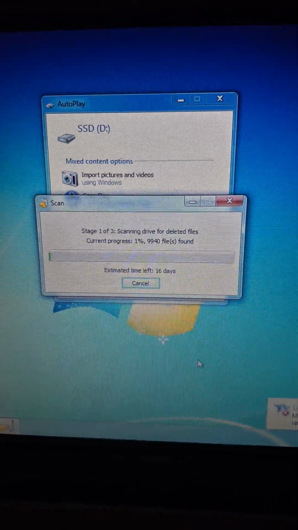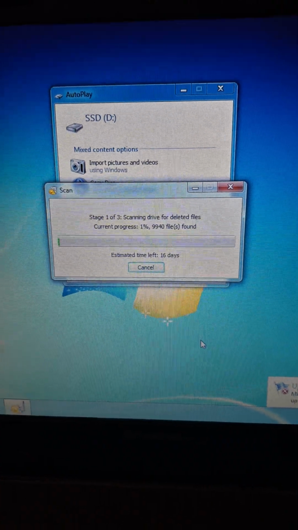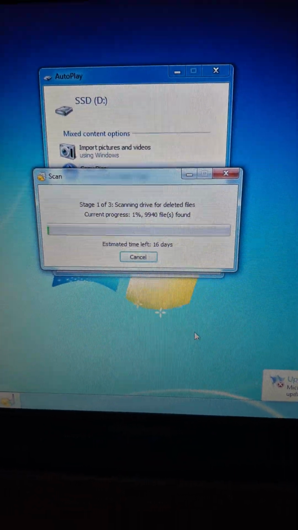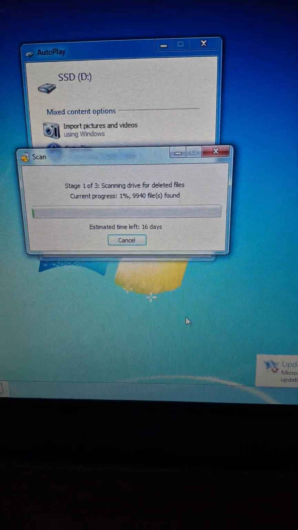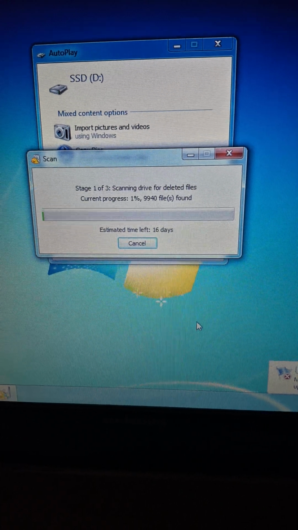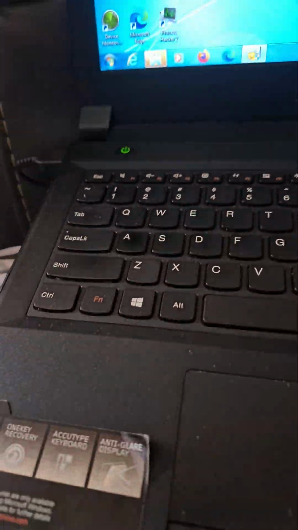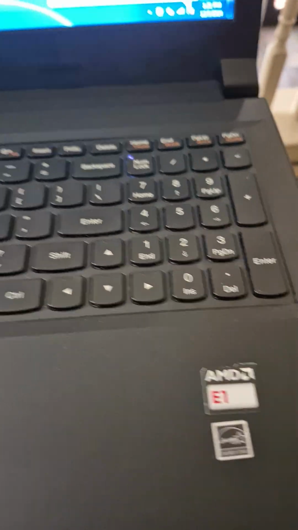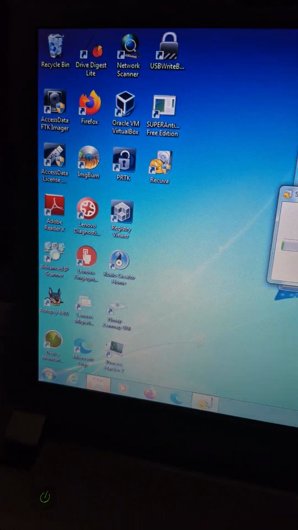Okay. So whenever you're recovering data, the best thing to do to test any application, free, not free, paid, not paid, is to try it on your own personal laptop. So as you can see, this is my old personal laptop. I know it's got Windows 7 on it. This is my crash and burn